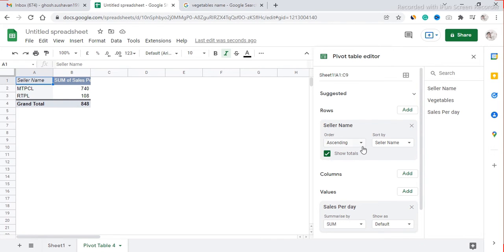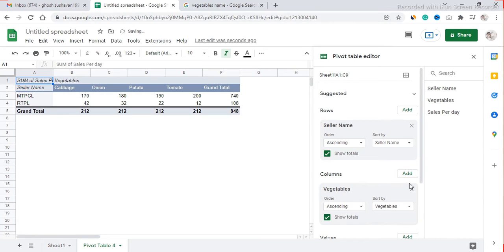So now click on the column and click on vegetable. So you're going to see that each vegetable has been separated and their totals are also separated. You have the grand total and you have all the sellers'